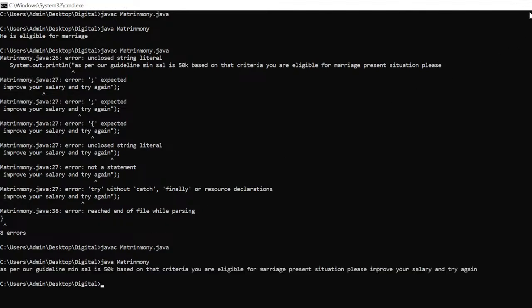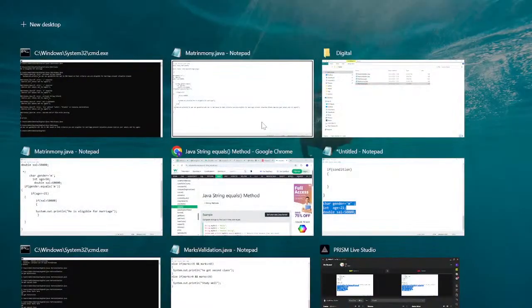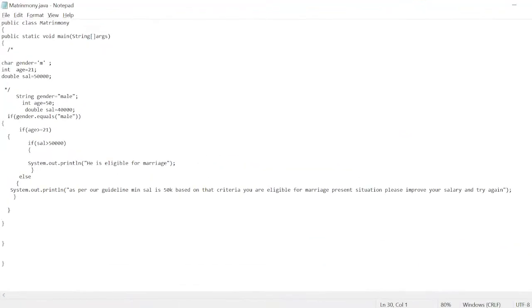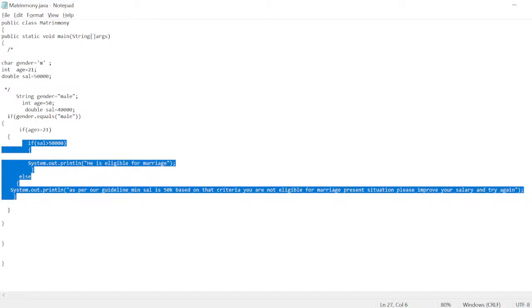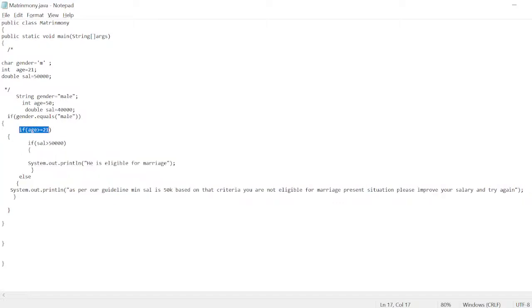You can see here: as per our guidelines, minimum salary is 50K. Based on that criteria, you are not eligible for marriage in the present situation, and please improve your salary and try again. Okay, this is salary. For example, if you don't have the 21 age, in that case also you can display one more message. So there is an if block,